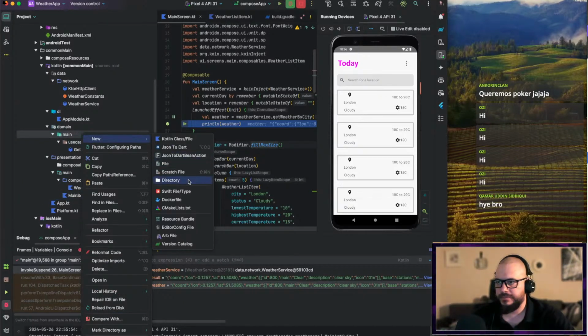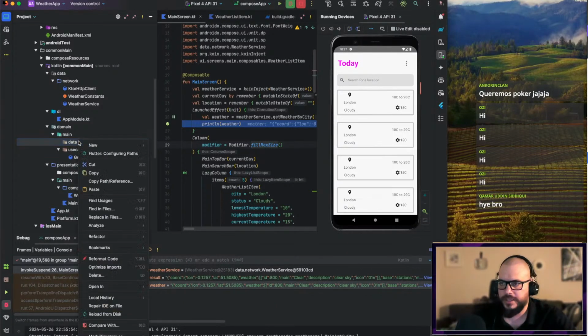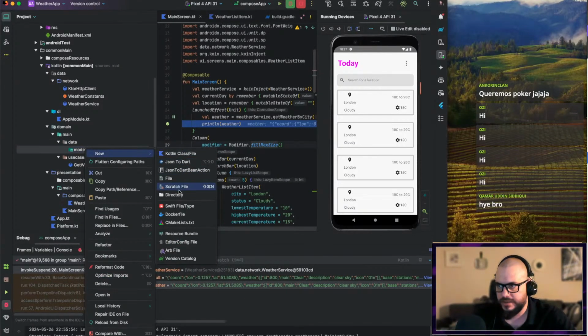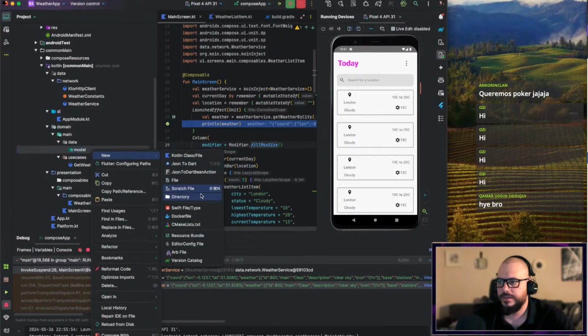and here we get new directory. We call it data. Data model. Yes, data model should be there because we need to actually data. And here we put model. And here inside of the data model we get new Kotlin class. No. I don't want to do everything on my own in this one, you know. So, but